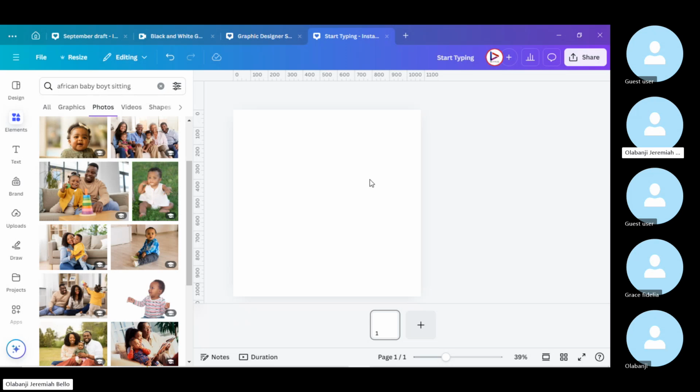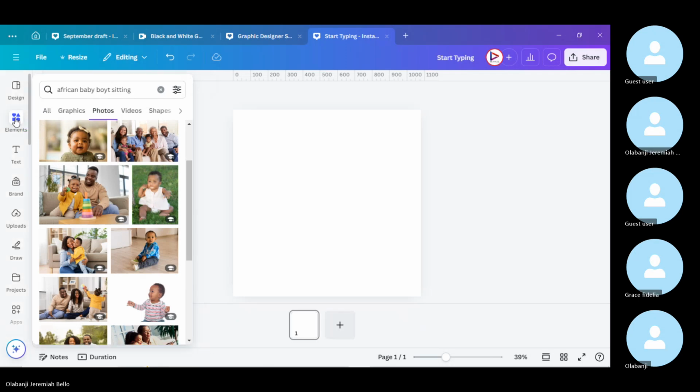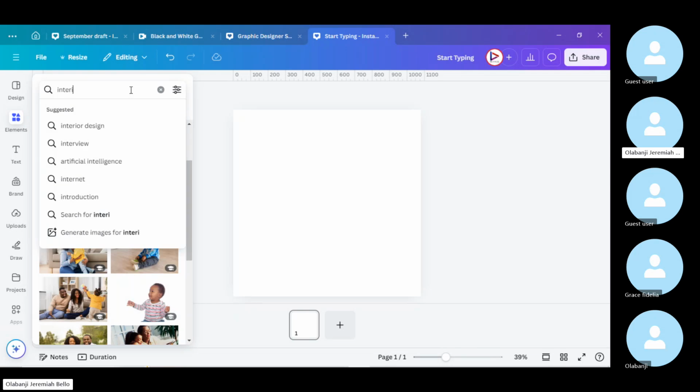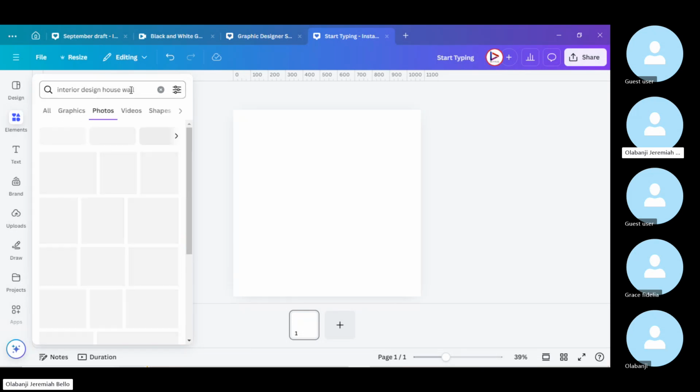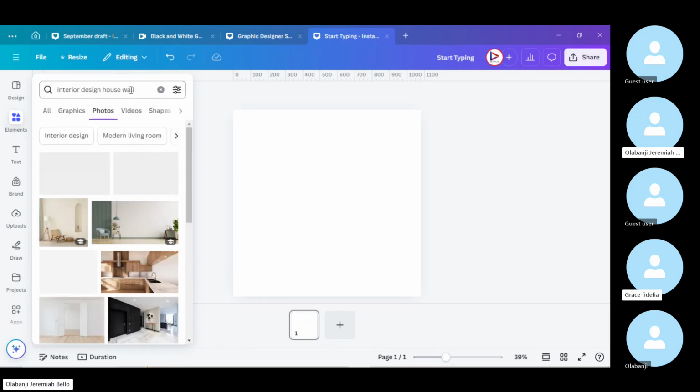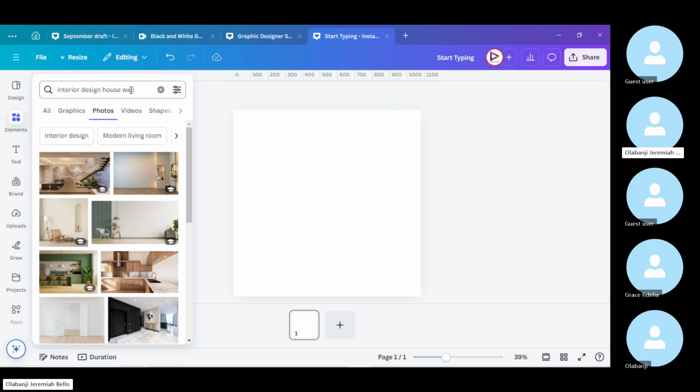So I'll go to elements and put something like interior design house wall, something like this. Let's see if we can get something. Okay, these are not bad ones. I think I'll just pick any of these. Let me pick this,